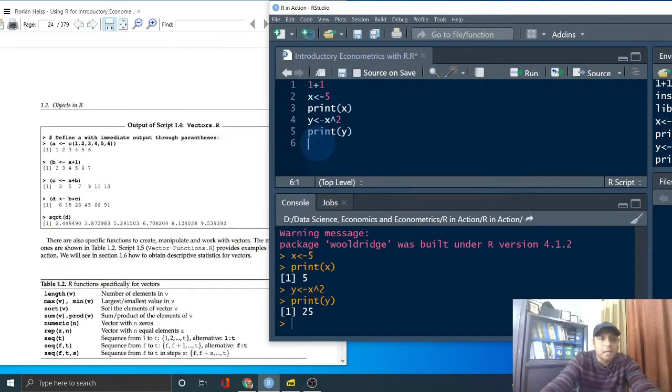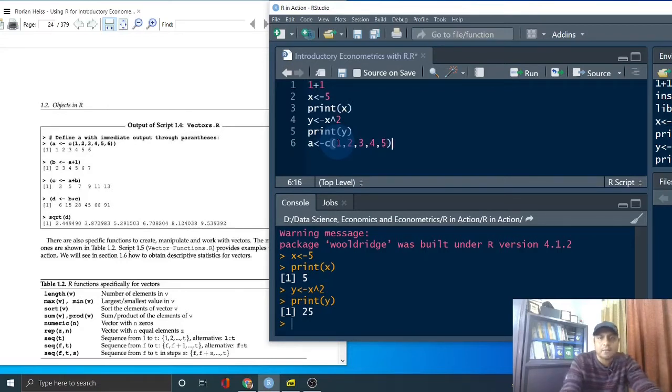Now let's assume the first command here is the concatenate function. C is the concatenate function. Concatenate means combining the vectors, the information that we are putting inside. A is our object. Now we are putting the values 1, 2, 3, 4, 5.